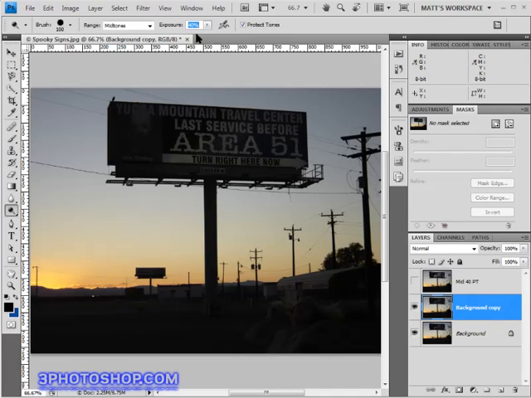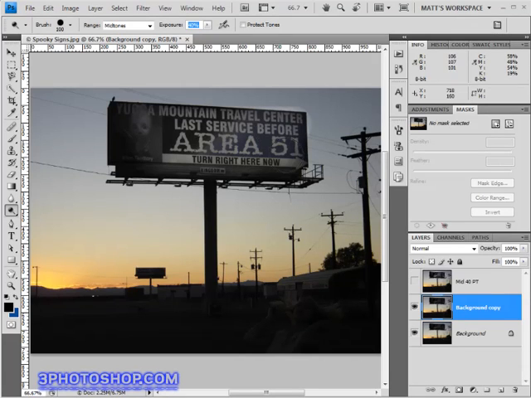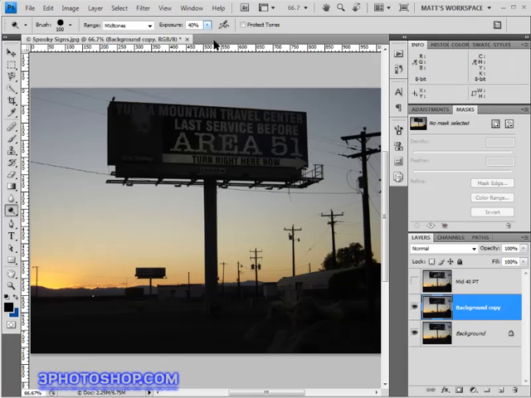Now I'll come up here to the protect tones option and I'm going to turn that off, and now when I paint into the billboard, this time we get nice bright letters, but we also get a lighter background, and that's no good. So I'll hit Control or Command Z to undo that change,